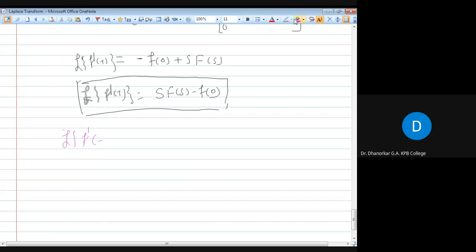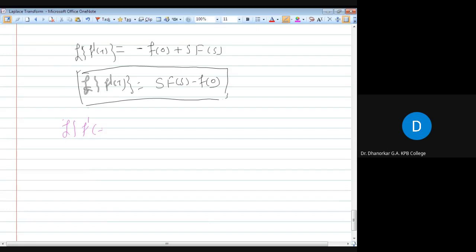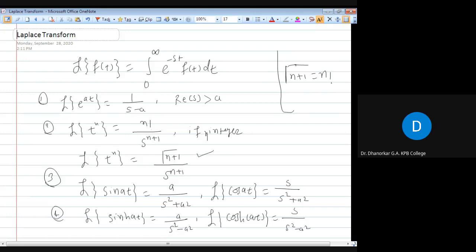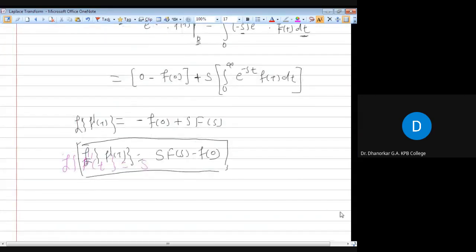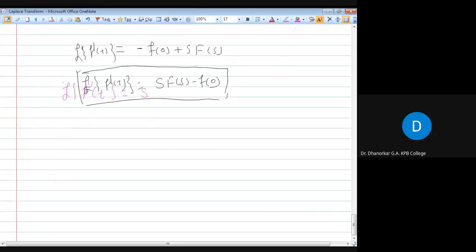We get the Laplace transform of f double dash of t is equal to s square into F of s minus s into